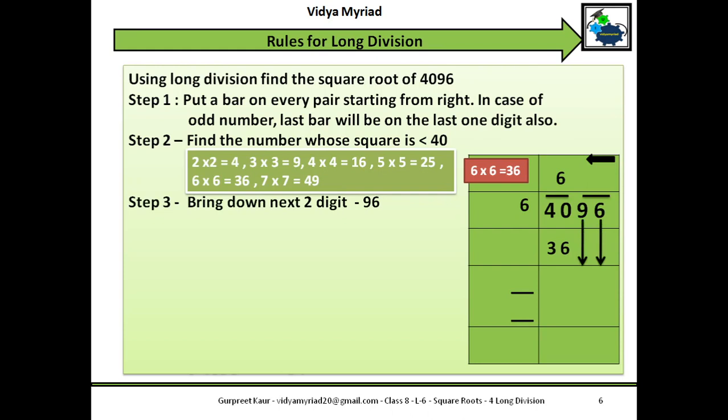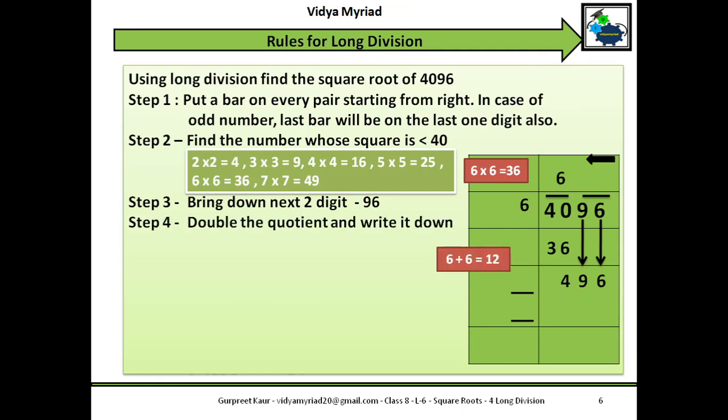When you subtract it, you need to put down, after subtracting, the number comes to 496, because 10 minus 6 is 4 and 4 will become 3. 3 minus 3 is 0. So remainder is 4. You will put down 96 together. Okay. Now what is the next step? You will double the quotient. Okay. That means 6 plus 6 is equal to 12.